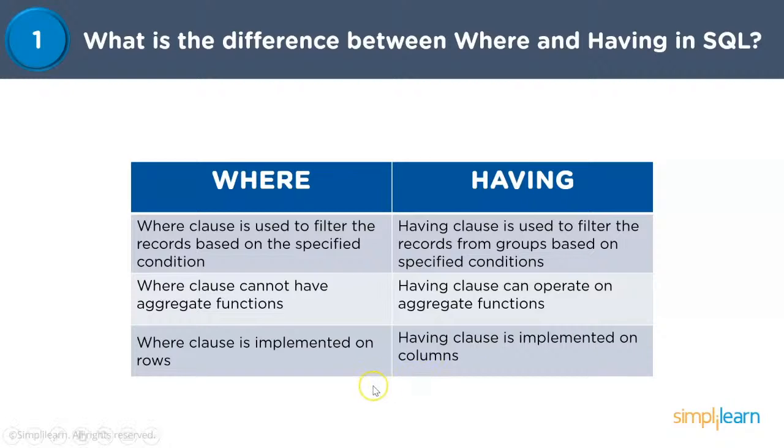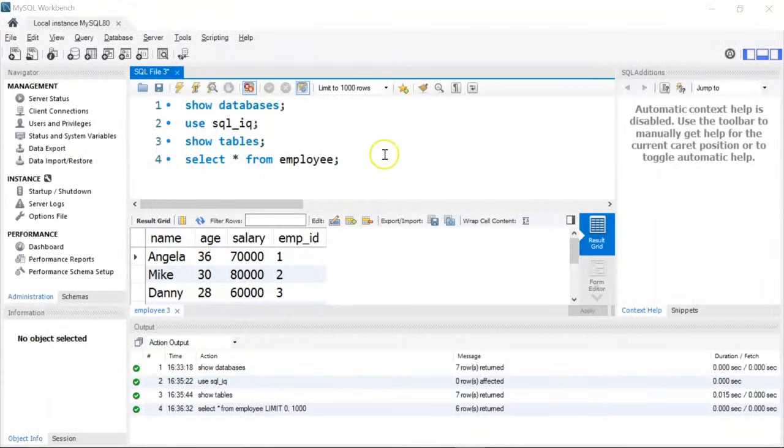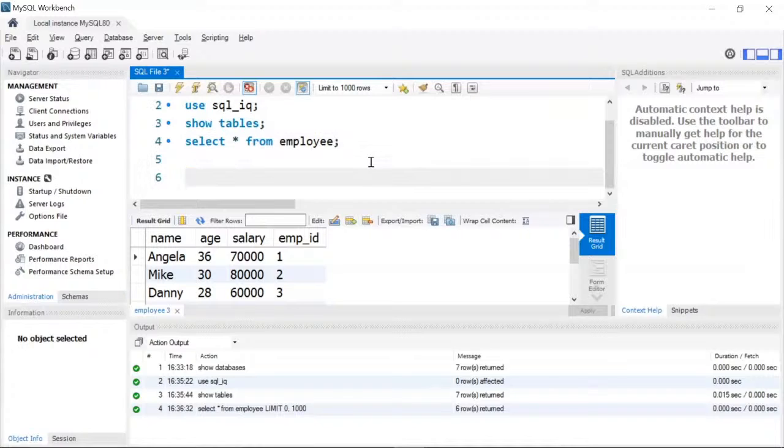So I'll take you to my MySQL workbench. Alright, so we are on the SQL workbench. So suppose I want to get the records of the employees whose age is greater than 30. For this, I can use a where clause. So since I want to get the employees whose age is greater than 30, I'll use a where clause. I'll write my SQL query as select star from employee where age is greater than 30. If I give a semicolon and run this,